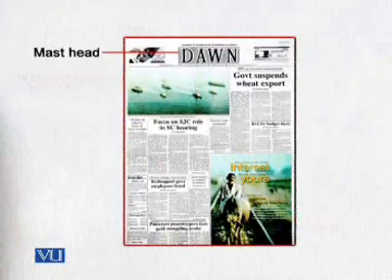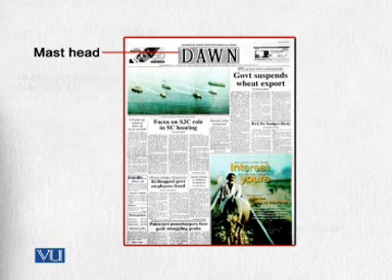First of all, at the top of the main page, you have the newspaper's name written. Now, the name of the newspaper is, of course, called the masthead. Right under the name of the newspaper, you have some more facts and figures written. For example, Islamic dates and other English dates are written, then printing information, and some coding is given out there. That is all under the masthead, which we call the dateline.